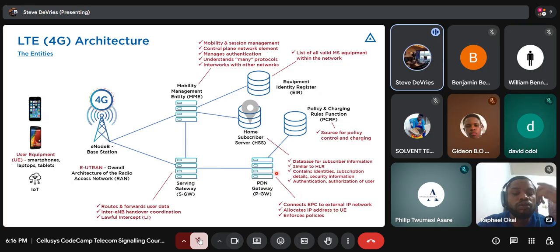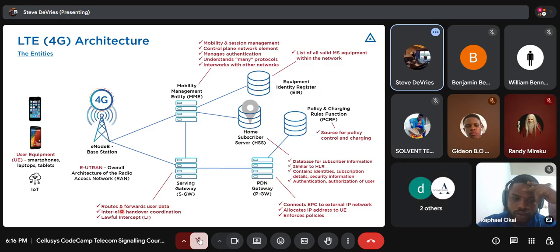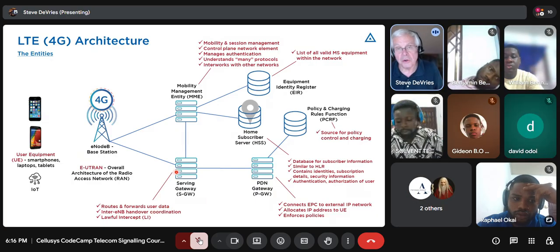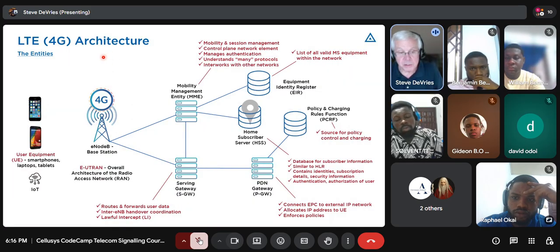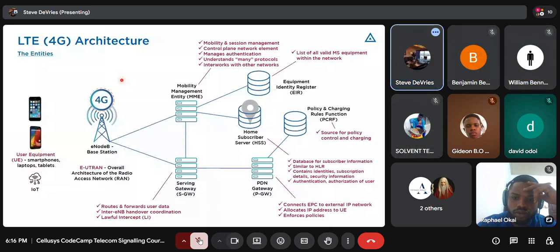And then the P gateway. Well, let's look at the S gateway first. The serving gateway routes and forwards your user data. It's also used for any inter-eNodeB handover. If you're moving, you go from one cell to another cell, it's responsible for coordinating the handover from one cell to another cell. So it's the handover coordination, under control usually of the MME. It's also done for lawful